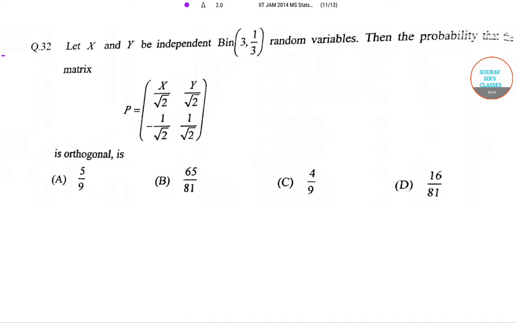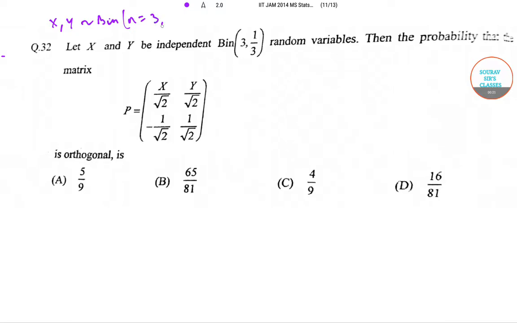The question is: let x and y be independent binomial(3, 1/3) random variables. Therefore, x and y follow a binomial distribution with n equal to 3 and p equal to 1/3. Then the probability that the matrix P is orthogonal is, now for an orthogonal matrix,